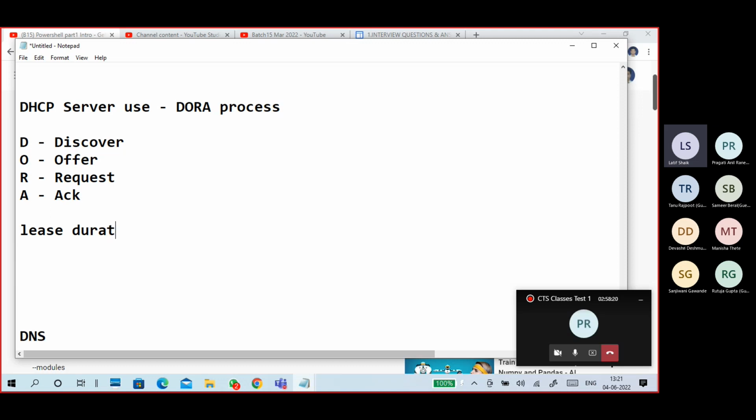Lease duration. Remember only two things: 50% and 87.5%. Two percentages are there. Whenever the client gets an IP address, there is a lease duration.